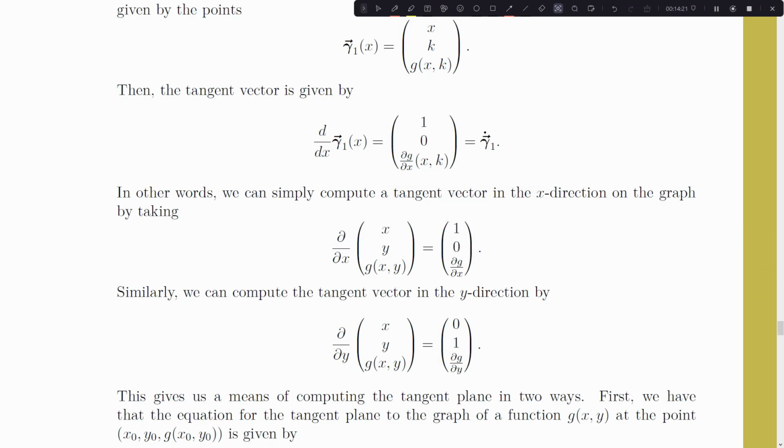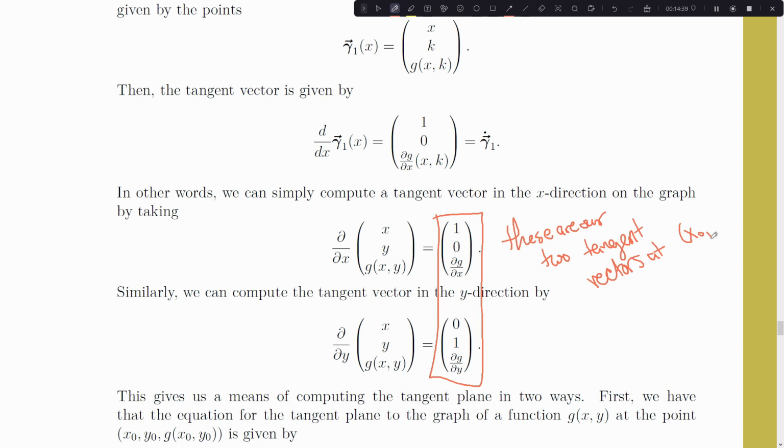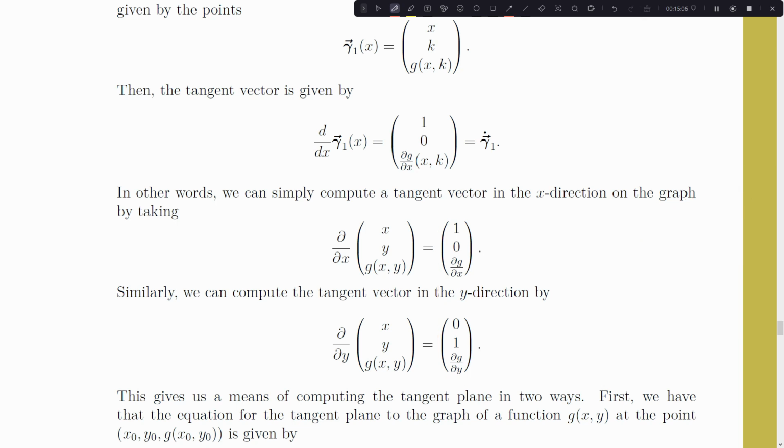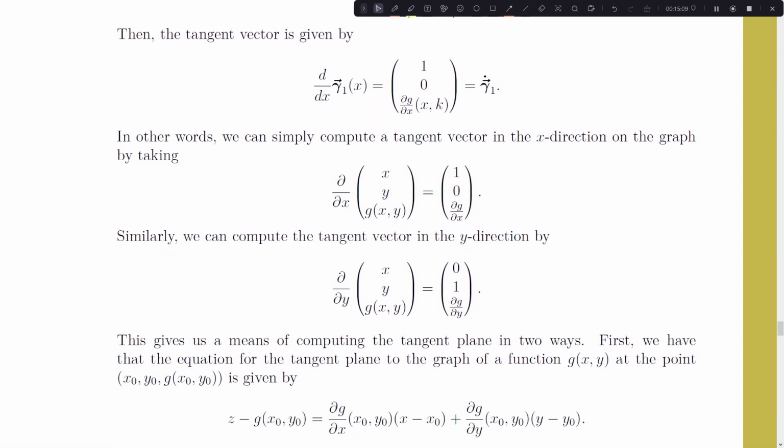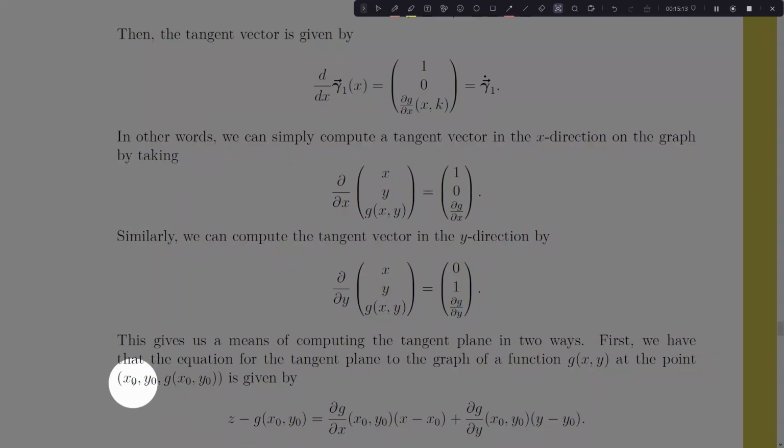Okay, so this is what we want to think about. I went through a little bit too much work to end up with these. These are our two tangent vectors at some point x naught, y naught in the x and y directions respectively. And that's very useful because once I have two tangent vectors and a point, then I can construct my plane. So scrolling down just a little bit farther, the plane gets constructed, the plane passing through the point x0, y0,